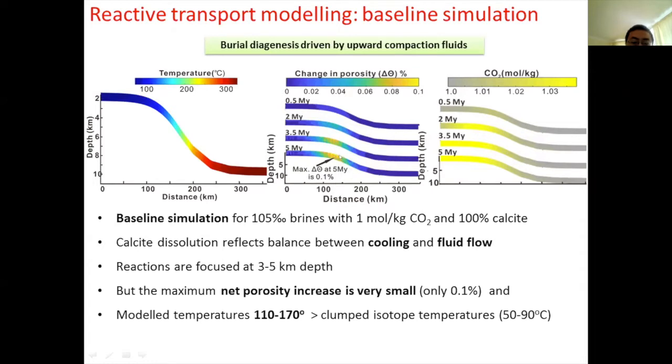The alteration is most focused at 3 to 5 kilometers, but the net increase of porosity is very small. In addition, the modeled temperature is much higher than